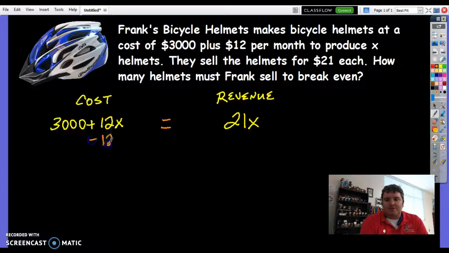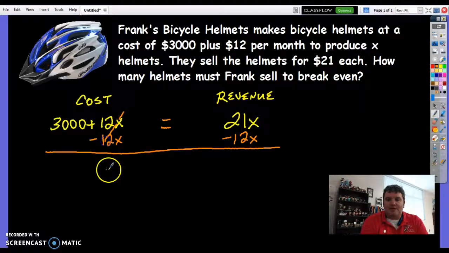So I'm going to subtract 12x from this side, subtract 12x from this side. That way all of my x's are on one side of the problem. Cancels there, and I'm left with the 3,000. That equals 21x minus 12x, which is 9x. Then I have to isolate the x, so I do the inverse operation. I divide by 9,